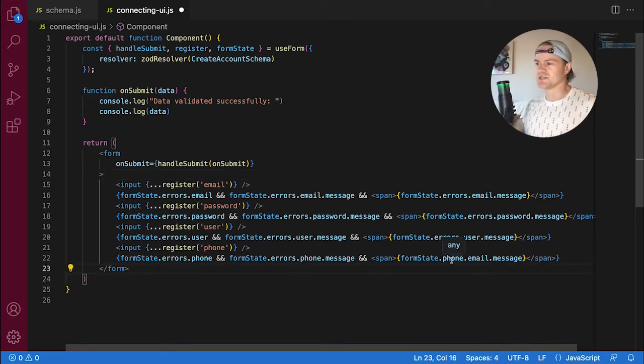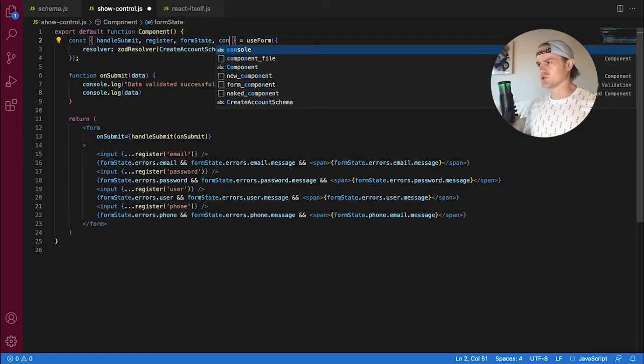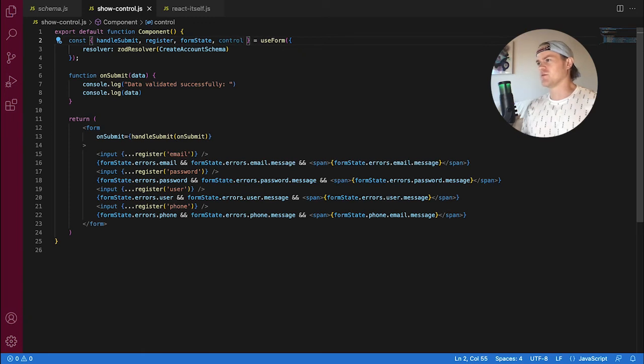But the good news is there's a better way, and we don't even need a third party library for this. We're creating a UI that's going to automatically display error messages for us based on the React hook form state. We can leverage React itself. To do this, we're going to need to know about the control object that is also returned from useForm,